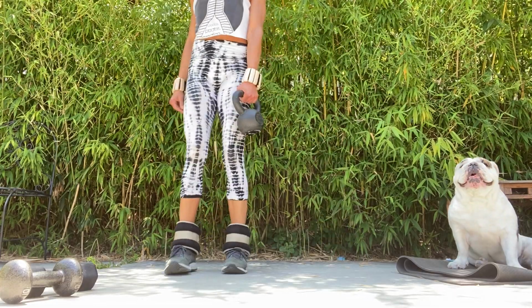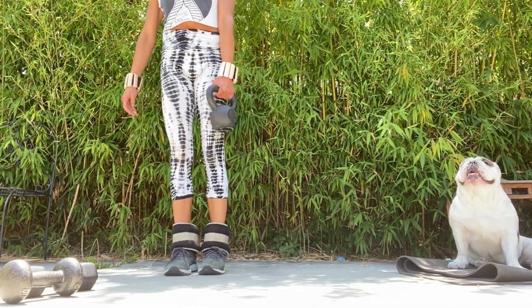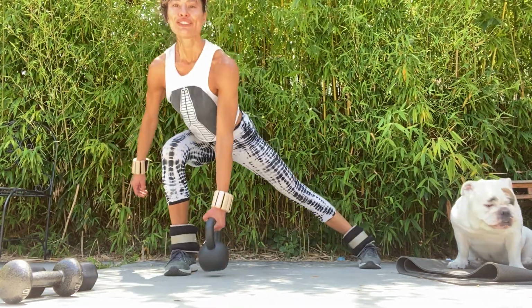And let's do the other side. Keeping the weight in your left hand, we'll start to go sideways, moving the left leg. 1, and 2,